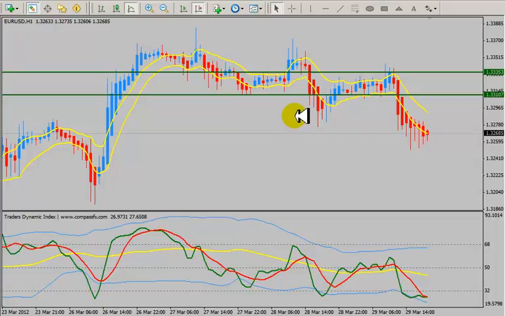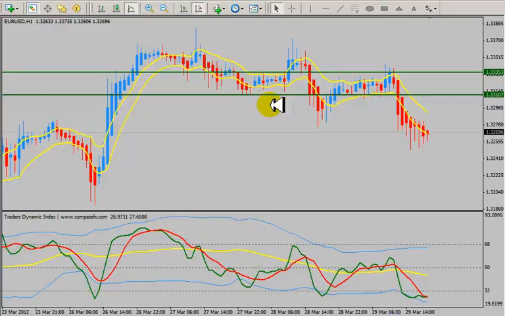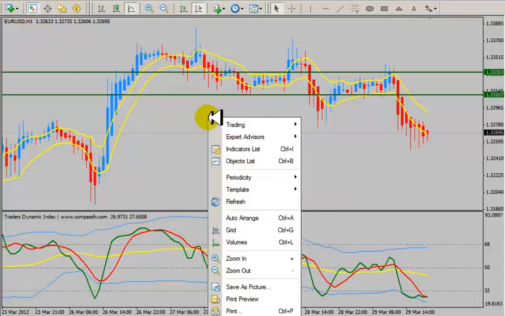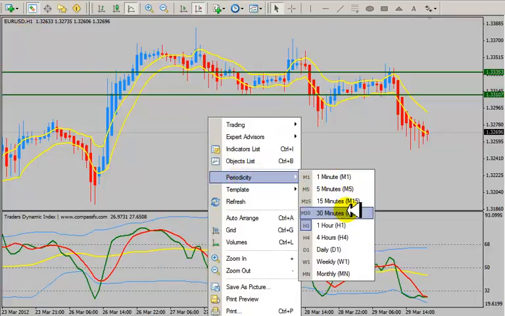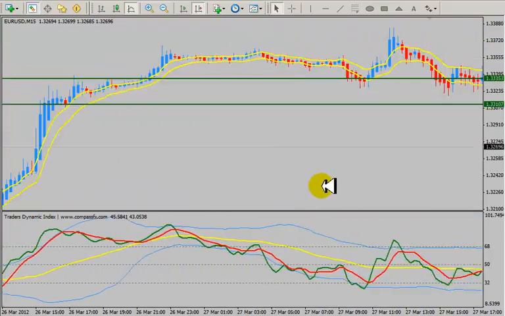Now in order to follow the highs and the lows, I also look at the open and the closes, because what I'm going to be looking for on a smaller time frame is a close beyond the range. That's a key. Sometimes I'll look for 2 closes beyond the range that we just broke. So what we're going to do is go from this 1 hour time frame down to a smaller time frame. Now you could go down to a half hour, but I really don't think that's going to help you in the hourly. I would rather go down to 15-minute, look for 1 to 2 clean breaks of that 15-minute chart,